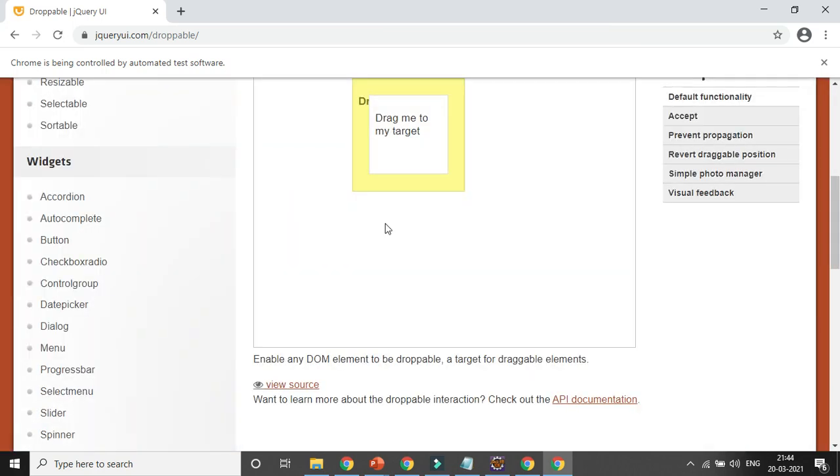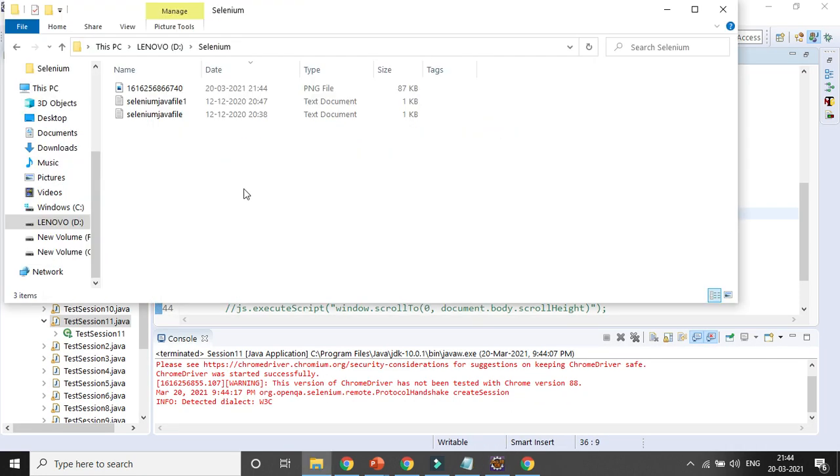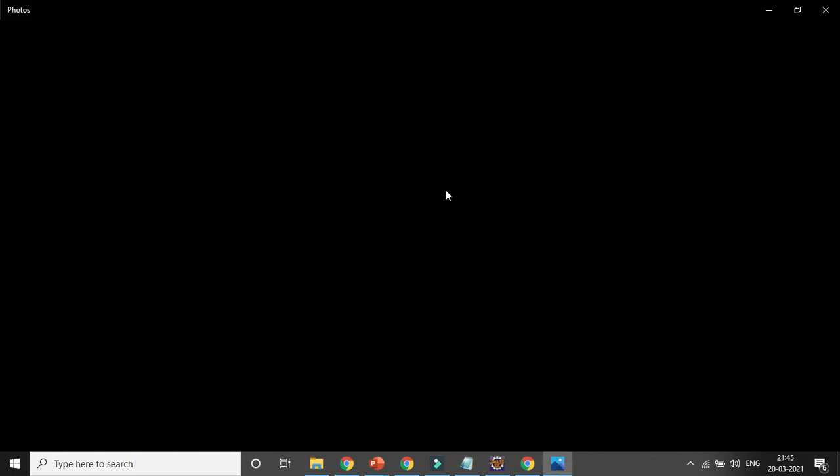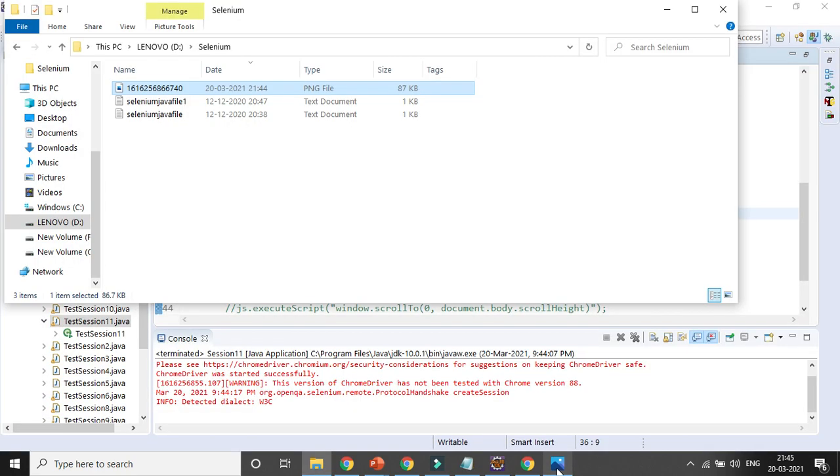So it is fine. Now if you go to the D drive, you can see one file is created with the timestamp, and if you open it, you can see it. So why do we create the timestamp? Suppose you are creating with some hard-coded name, every time you have to change the same name manually. Otherwise that file will be replaced. If you don't want to replace the file, that is the reason. So you need to use that keyword so that it saves by the timestamp, and you can get the screenshot here. Why is it not opening here?